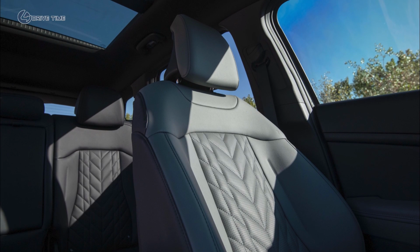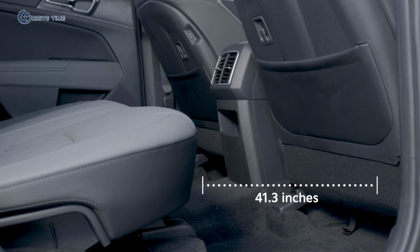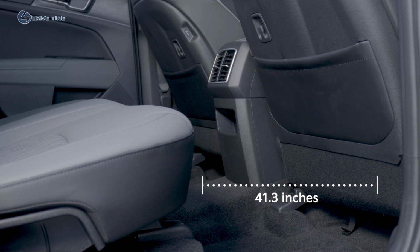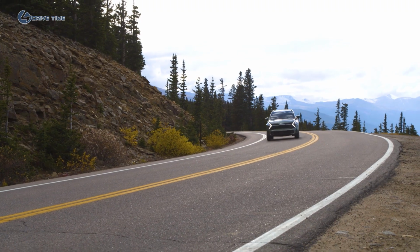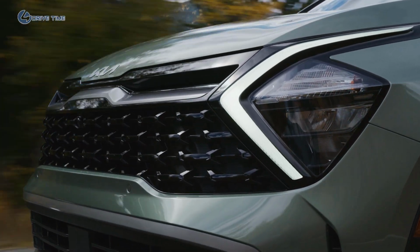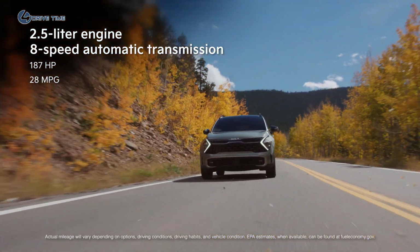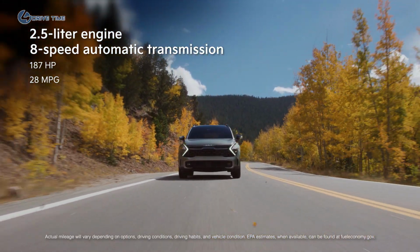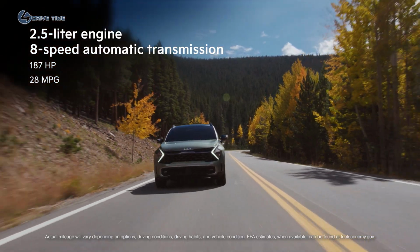And that's not the only interior size upgrade. Rear seat legroom has been expanded to 41.3 inches. That's another best-in-class attribute passengers will appreciate on long drives. When it comes to capability under the hood, the all-new Sportage can conquer the journey no matter where it leads you. It has a new 2.5-liter normally aspirated engine and 8-speed automatic transmission, reaching 187 horsepower and an EPA-rated 28